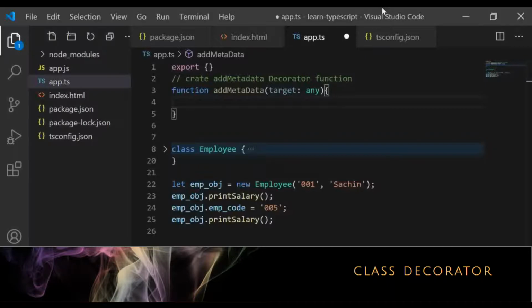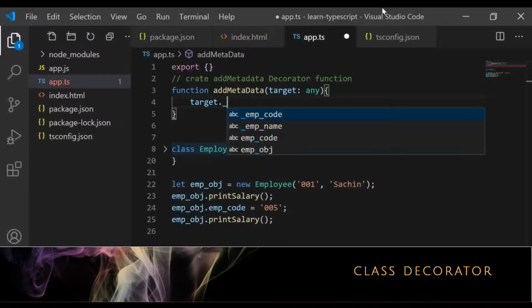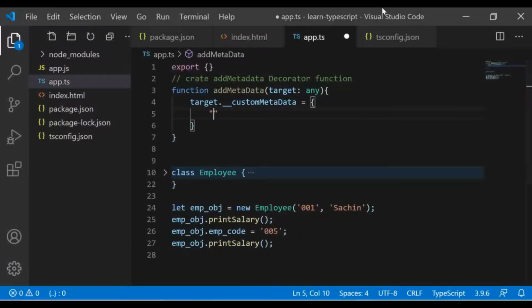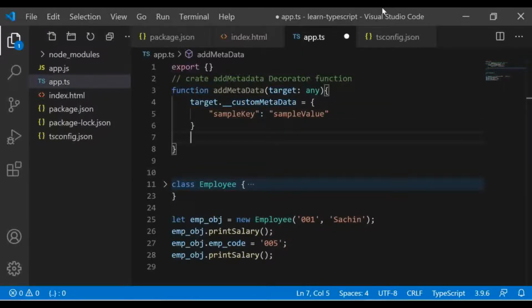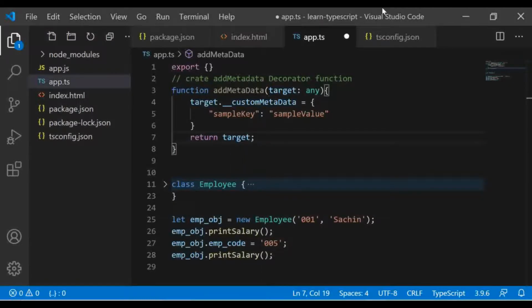Now simply add a custom metadata to the target like this. Finally, return the target argument.